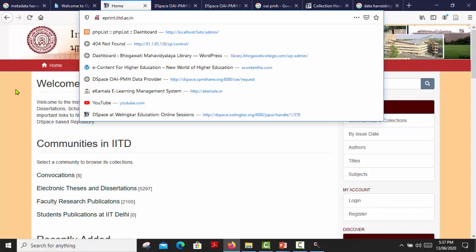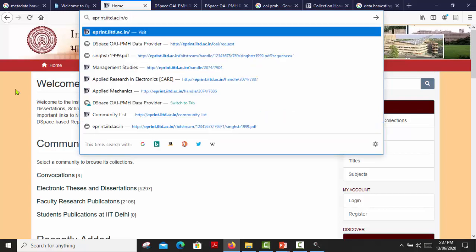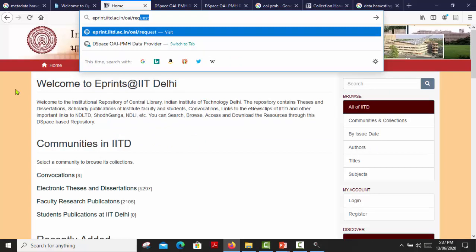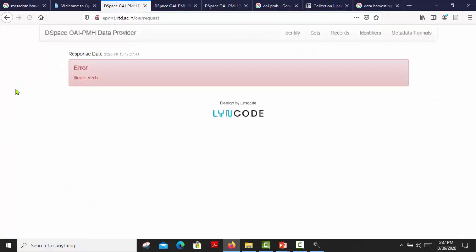We just have to add oai/request. I am going to add this text and click enter. The illegal verb message appears. The page displays the OAI-PMH data provider. If this page is there, then it's confirmed that they are providing OAI-PMH data.